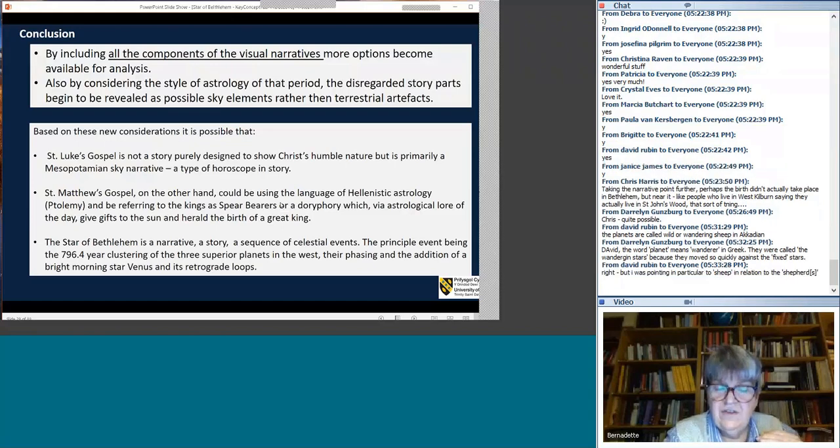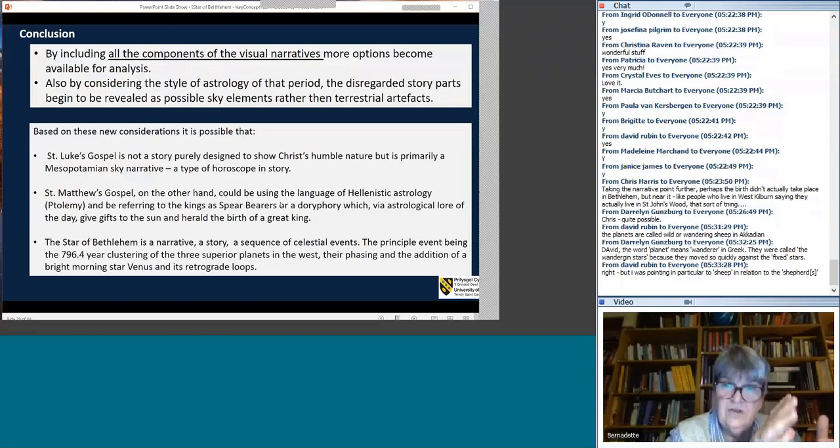So he considered it so rare that it had to be absolutely over the top. And he labels it as the birth of a great king. So we have that story to do with the Dori-Fori. And so we can put that together, understanding Luke's Gospel as this Mesopotamian horoscopic, immediate oral history with the shepherd